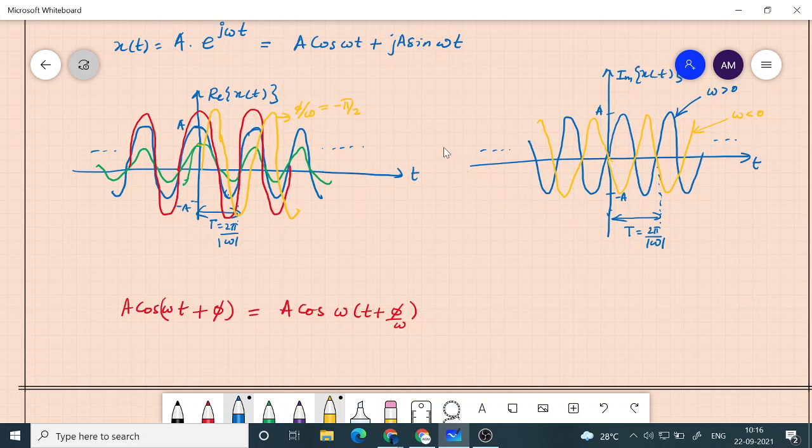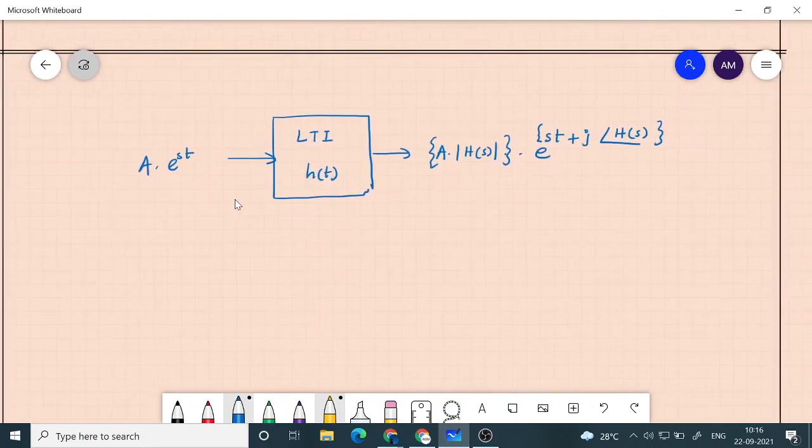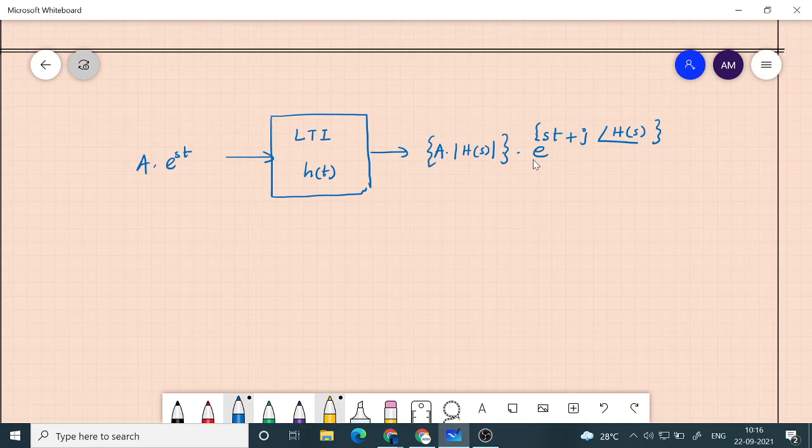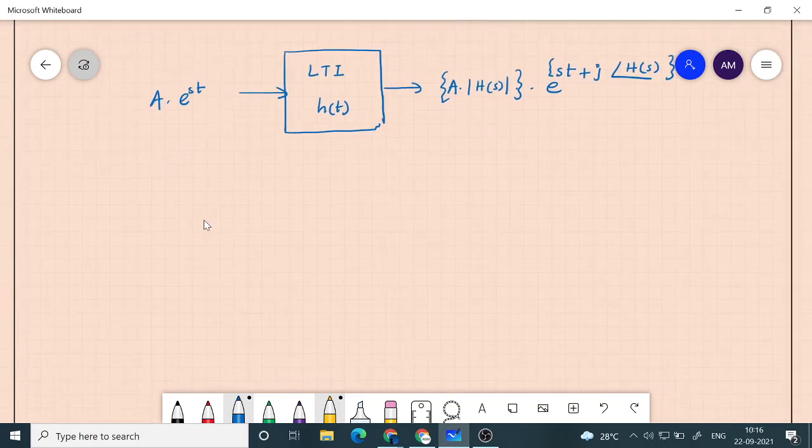When I give this exponential signal as input, it can do two things to it. It can change the amplitude, or it can introduce a phase. Phase means shifting the function. Amplitude change means just changing the length of that rotating vector. You can think about it in that way. This is the only thing the LTI system can do to an exponential signal. This is not true for any other signal, only for the exponential signal. Now coming to what is H of s. Let me rewrite what is H of s.